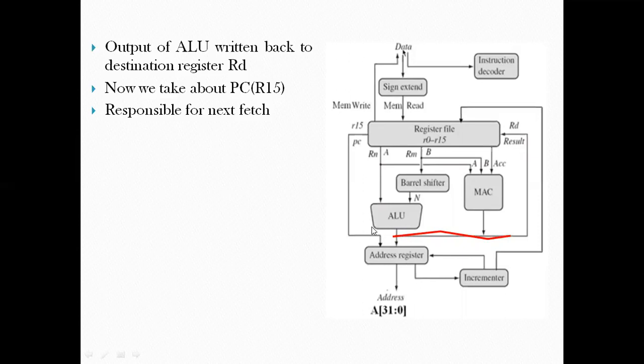So actually two signals are coming to the address register. The one coming from the ALU is responsible for being used by load or store instruction only, in which case we need to access the memory to either load the data or write the data to the memory. Whereas this line which is coming to the address register is for telling the current PC contents, the current register address which is used. Okay, so I hope this is clear with you. What is core data flow model?